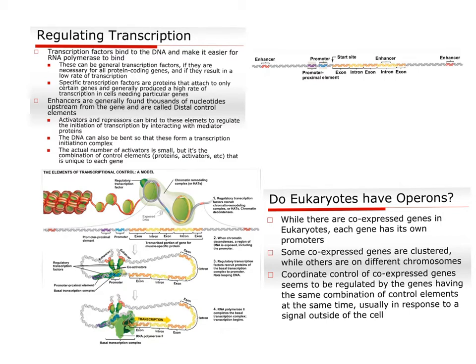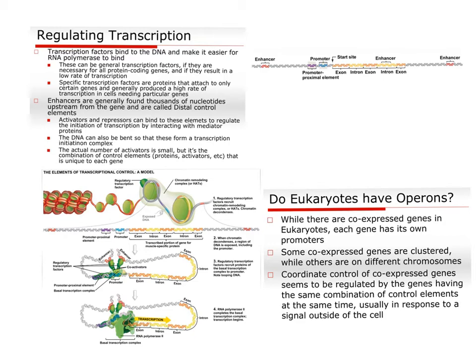You saw in the transcription video where you had everything attached. You had the factors at the promoter. Those factors recruit the RNA polymerase to come along, and then when the enhancers activate everything, it caused transcription to happen in the video. So, attaching transcription factors to the head of a gene can help you